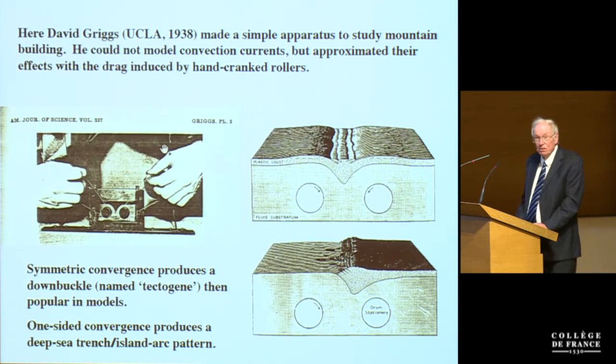And this is a real neat thing: Griggs couldn't do convection to drive this, but he had little rollers, and if you cranked the little rollers, it would force the motion that would be similar to something going down. And this is sort of where